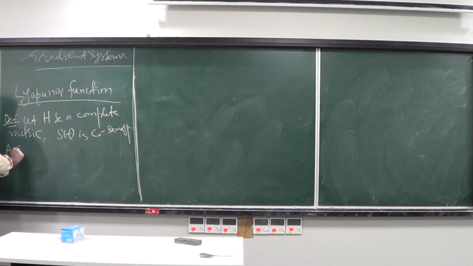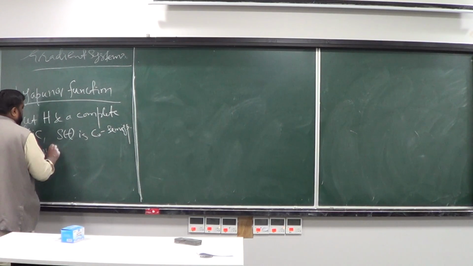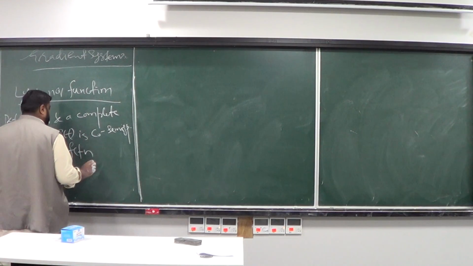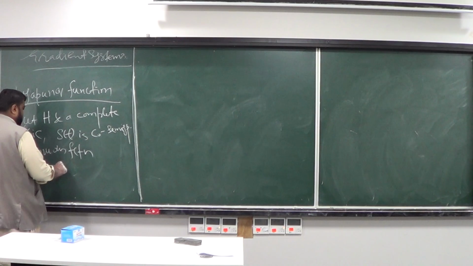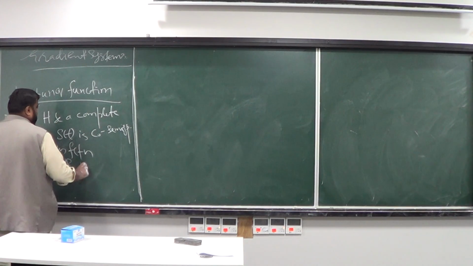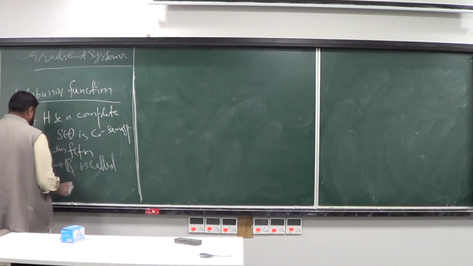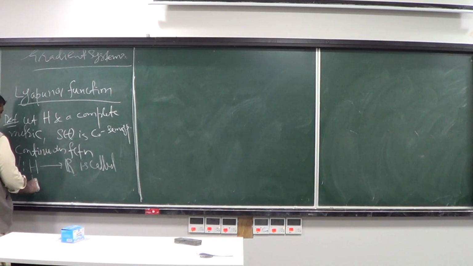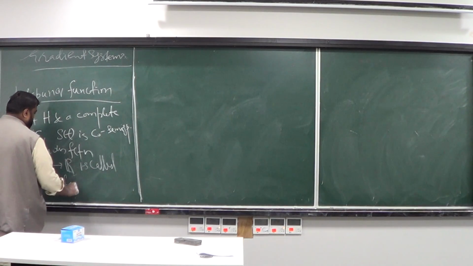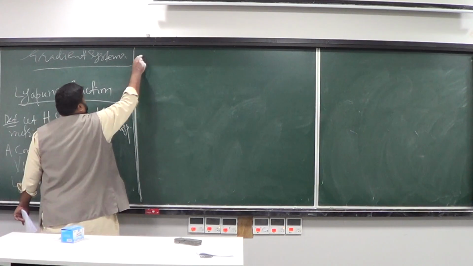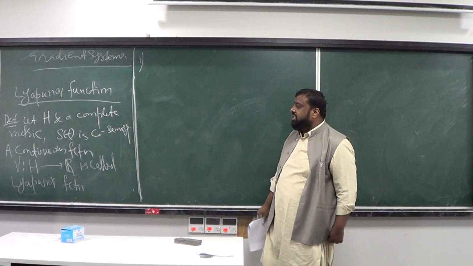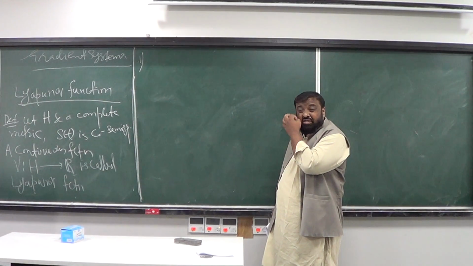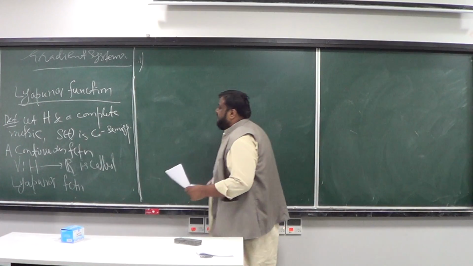Then a continuous function V that takes values from H and spits out a real number is called a Lyapunov function if it satisfies two properties. So a continuous function on a complete metric space is called Lyapunov if it satisfies two basic properties. Number one,